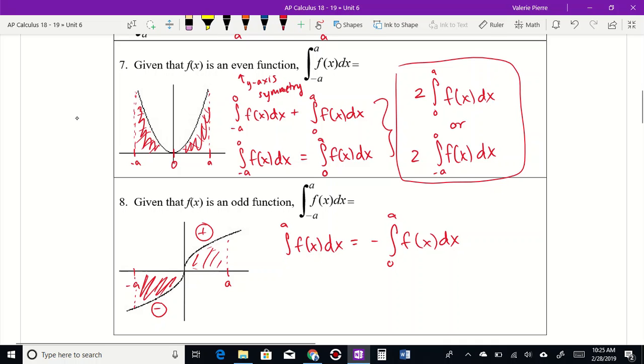Or actually, let me rewrite that. It should be negative a to 0 is equal to a negative 0 to a. Right, so then